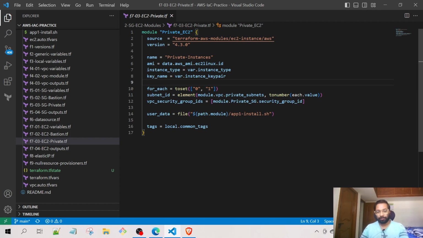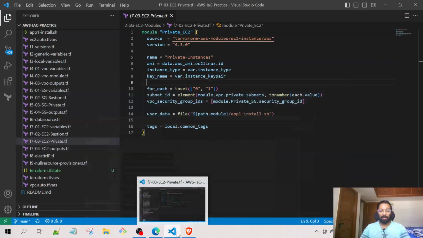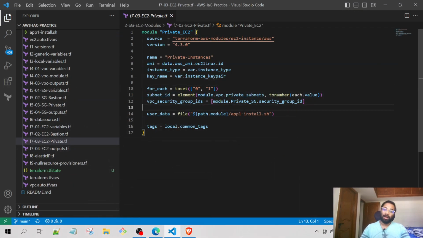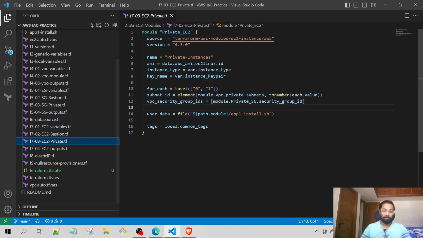for each, and in the for each it's going to be indexing the position, such as subnet 0 and subnet 1, which are both of the private subnets, and that is implemented. After that we also referenced the security group of the private subnets right over here. So I have referenced this using the previous security group module, and after that I have also referenced the